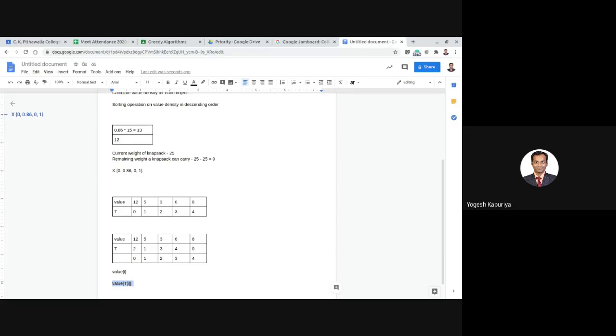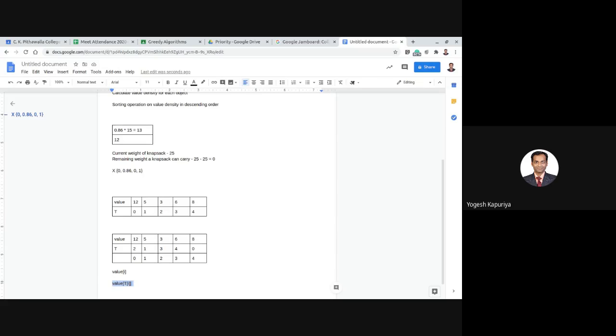So here we are not actually sorting the values, we are sorting the index. The reason why we are doing this is basically this is an object. So you are not going to actually sort an object, it means that you are not going to actually change the position of an object.